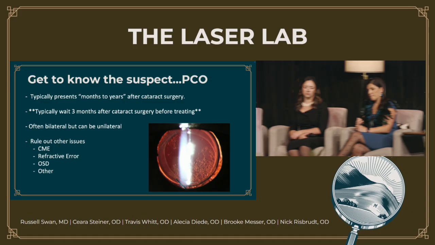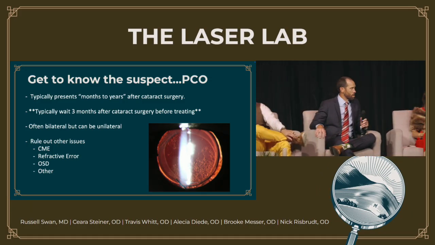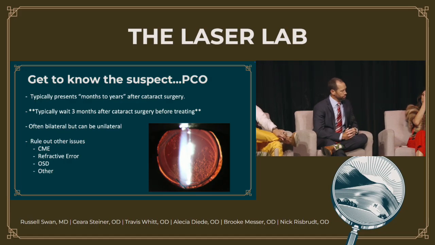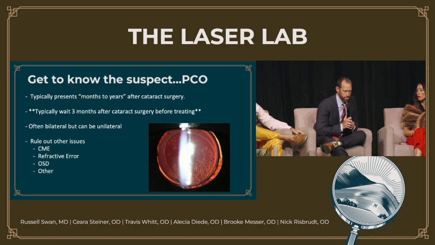Nice. And Travis, can you talk just a little bit, when you're seeing these patients, sometimes we'll see early PCO. So sometimes a patient maybe has a PSC cataract. We go to remove the cataract, we go to try to polish the posterior capsule, and they have fibrosis of the posterior capsule. Most commonly seen if they've had a previous retinal detachment, but maybe they've had multiple injections. If you're seeing early PCO, even at a week or a month, what are you talking to those patients about, and why do we sometimes say, hey, let's delay this just a little bit, even though it might be visually significant sooner? Yeah, for those patients at risk, like to your point, the best time to talk about